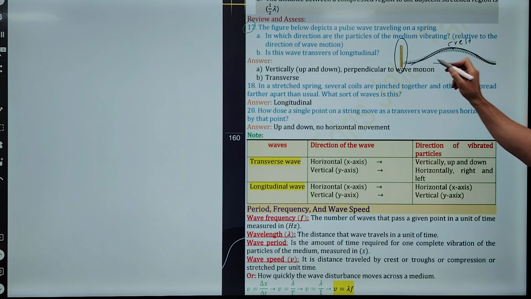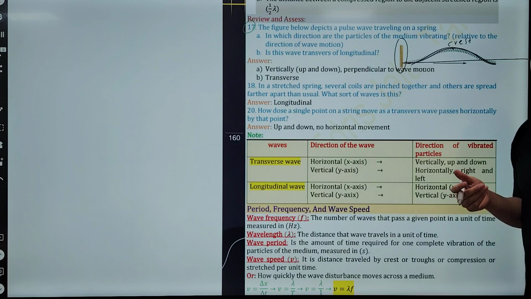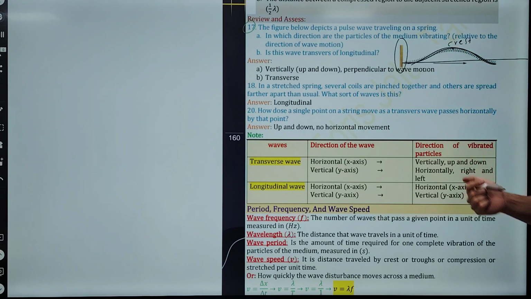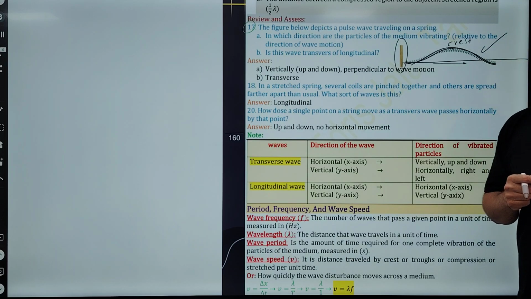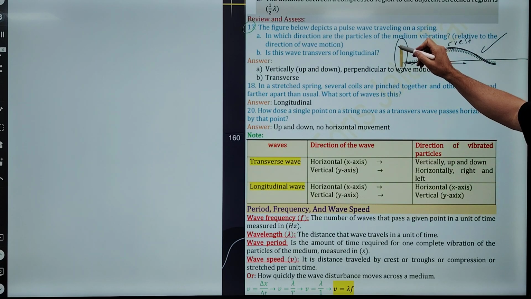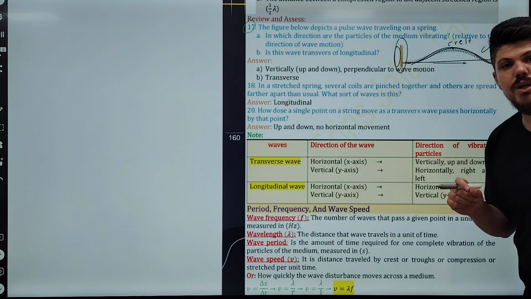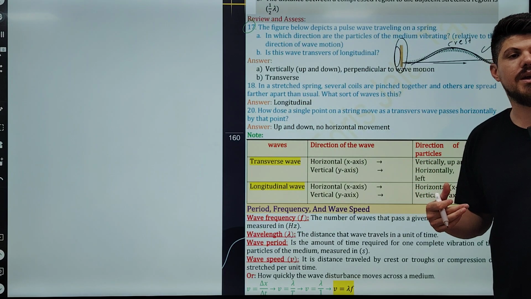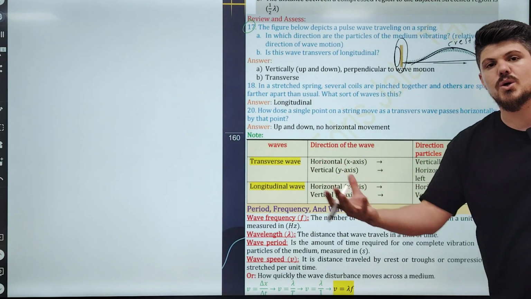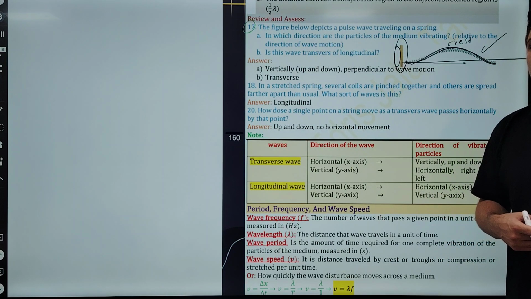Okay, so this crest is a region of what? Is the crest a region of a transverse or longitudinal wave? The crest is a region of a transverse wave. So the type of this wave is what? Transverse wave. Okay, because there is no pressure and no density here, so this is just a figure. You have to say this pulse is a crest. Is the crest a region in a transverse wave or longitudinal wave? Absolutely, the crest is a region of a transverse wave.